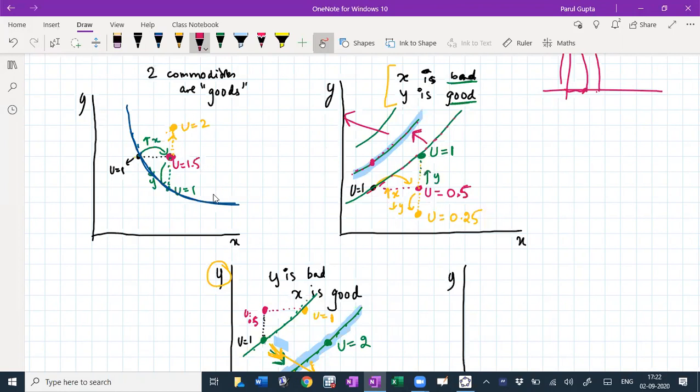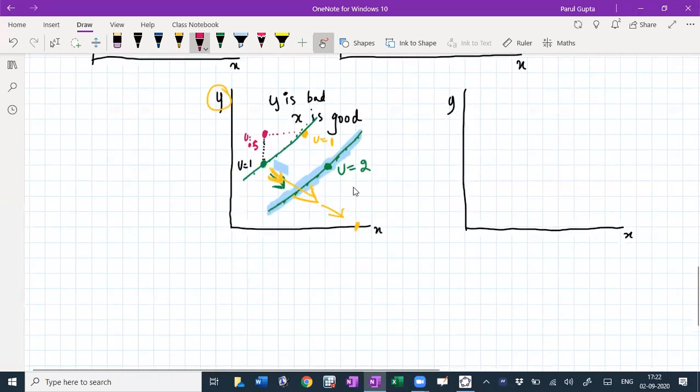In this case, the arrow will be in this direction because both are goods. So the arrow is always pointing to the good commodity. In this case, both are goods. That means more of x and more of y is both good, which means I want to move in this direction. Finally, let's do the case where both are bad. So x and y are both bads. Although we might not see examples of this kind because it's not very interesting. If both are bads, then why am I even consuming anything? But just as a theoretical curiosity, we can discuss this.